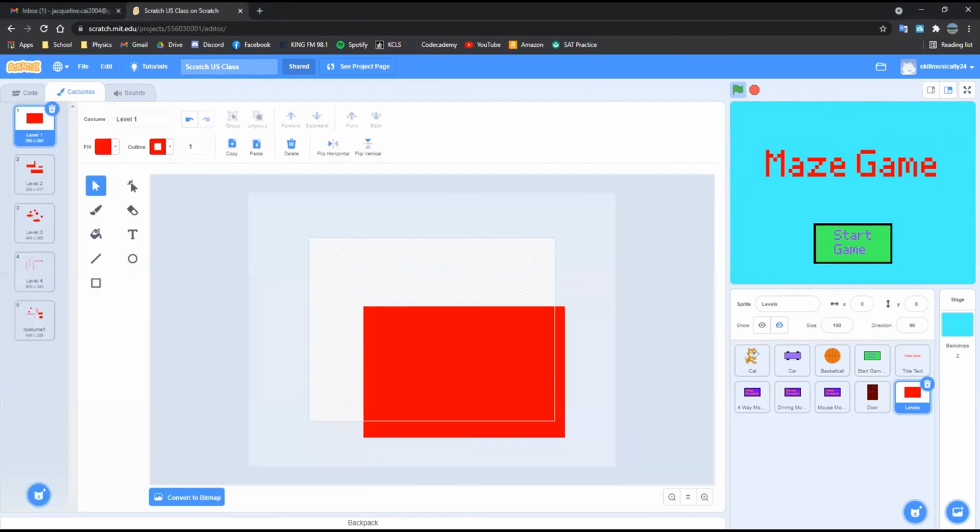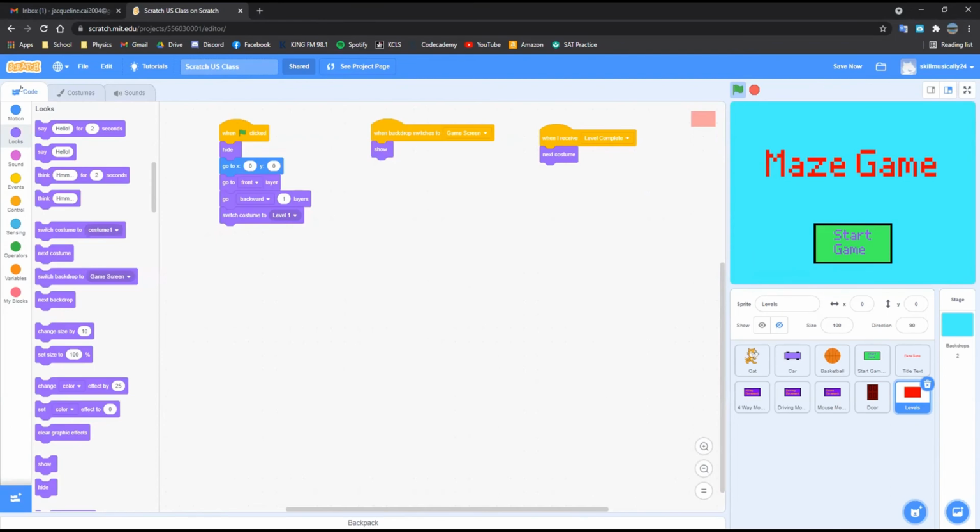If you click on your costumes tab over here, you can see how many costumes you've created, as well as which costume is tied to which number. So level 1 would be 1, 2, 3, 4, and 5. So these are the different costume numbers that are in your level sprite. So that's the concept that we're going to be using